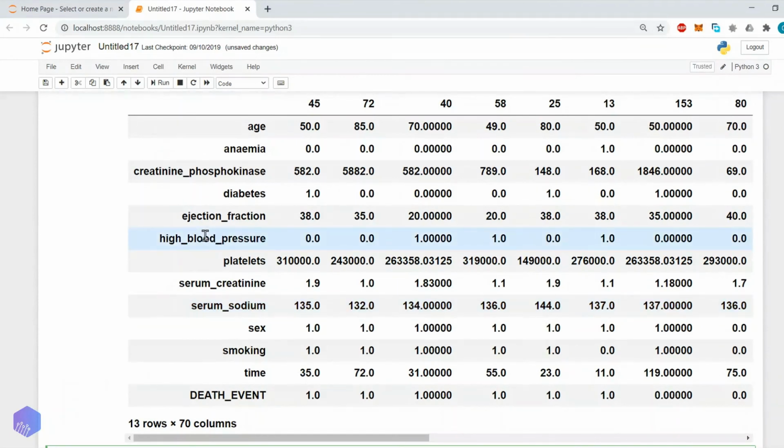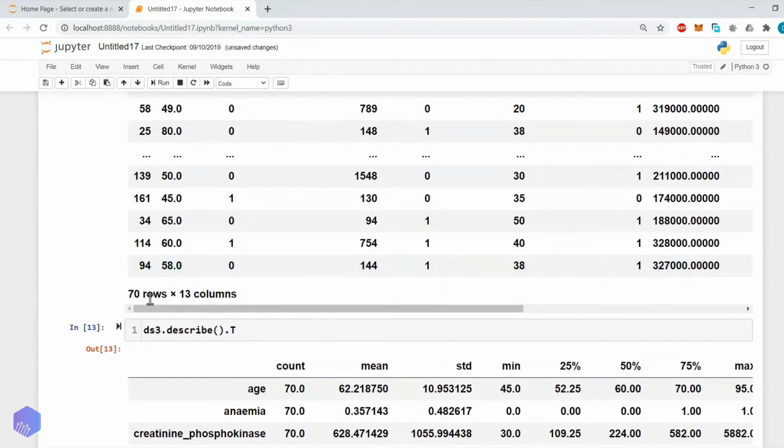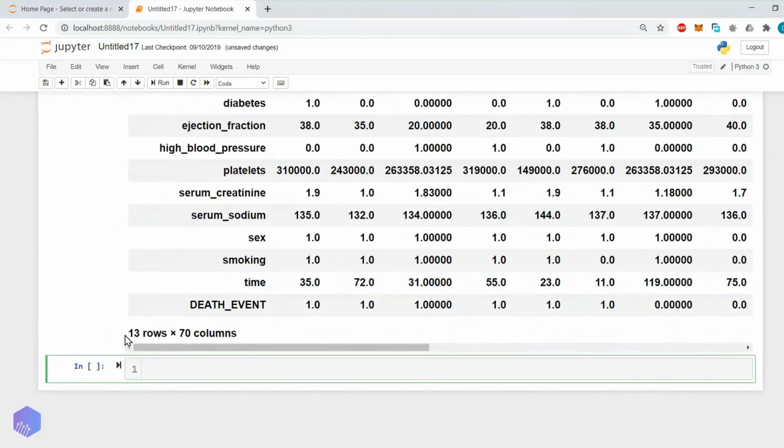Previously in ds3 we selected 70 rows. If we transpose this, then these 70 rows will become 70 columns, and these 30 columns will become 30 rows. So if you look at this, 30 rows and